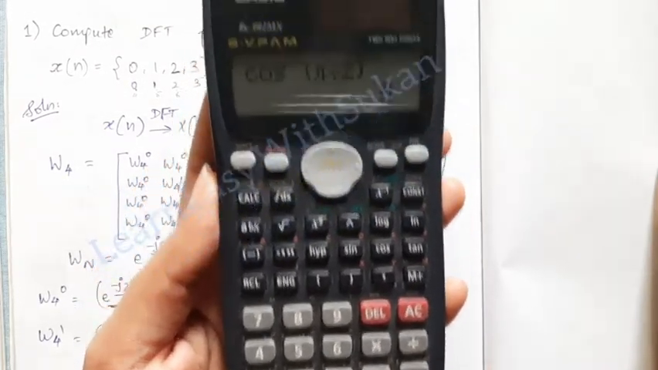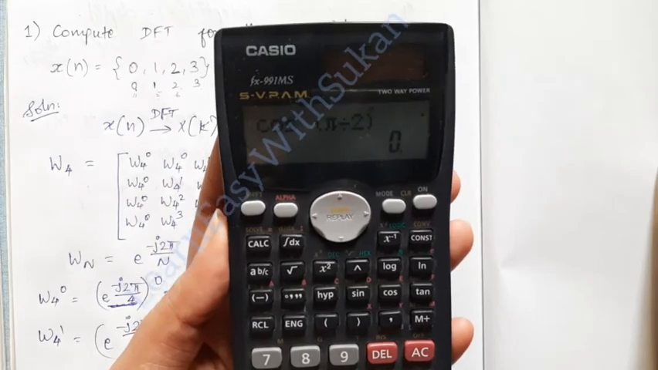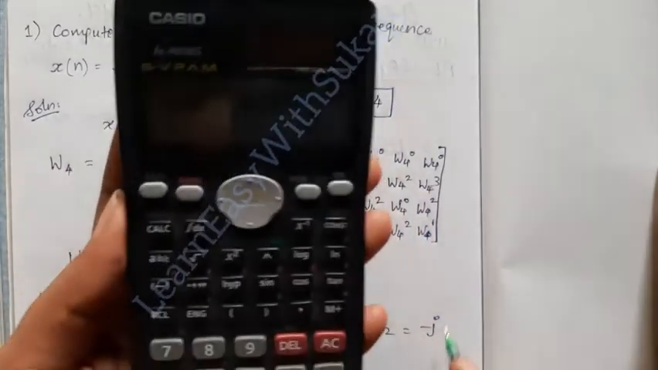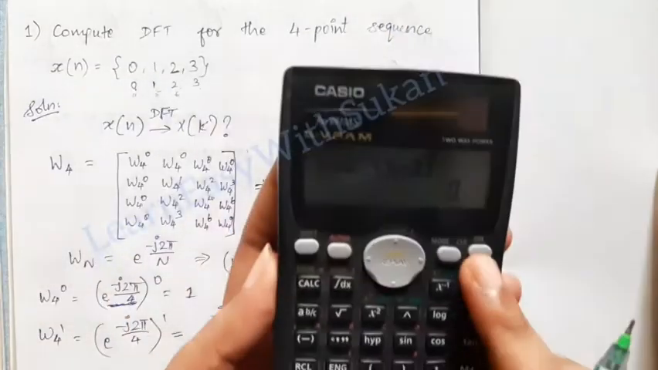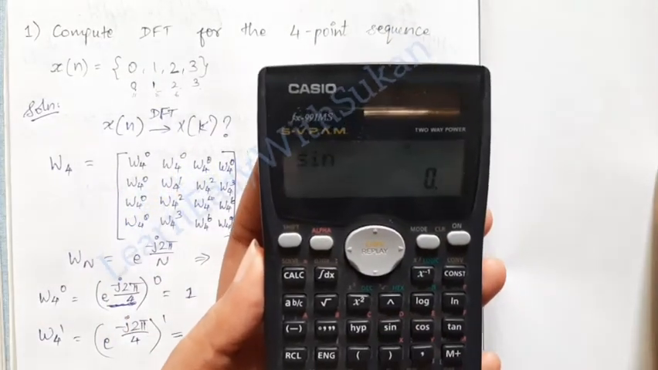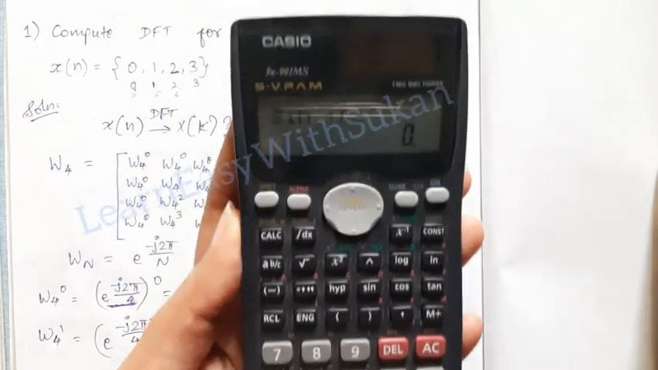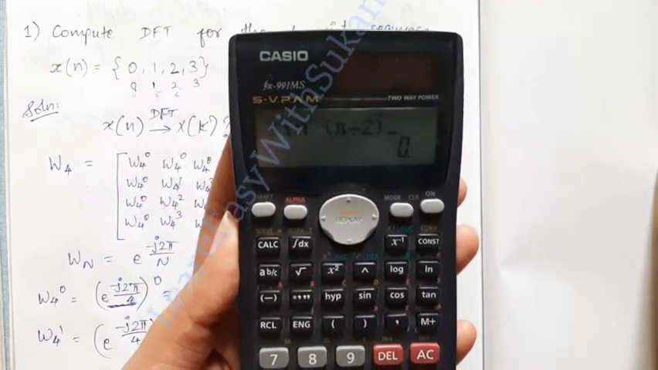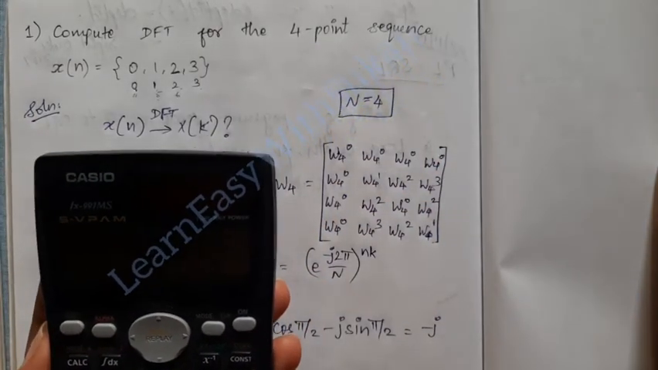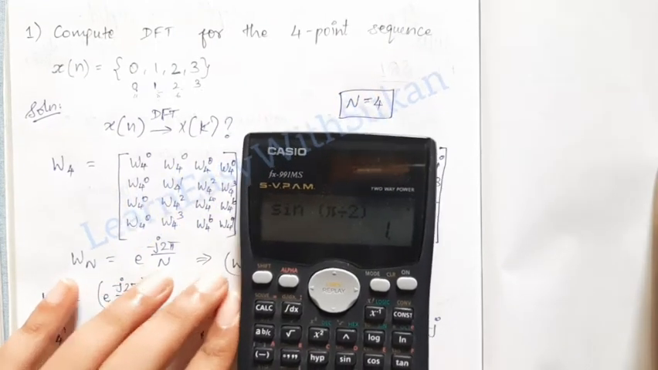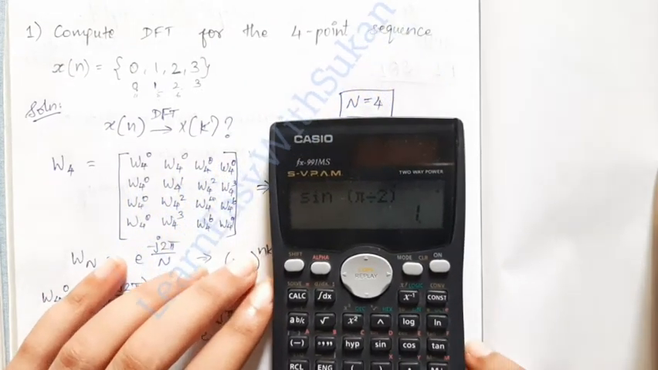Now give equal to, this is 0. Okay. So 0 minus j, let it be as such, this j. Now sine of shift exponential pi by 2 equal to 1. Okay. So this is minus j. So this is the procedure to work out in the calculator. For example, I am explaining to you